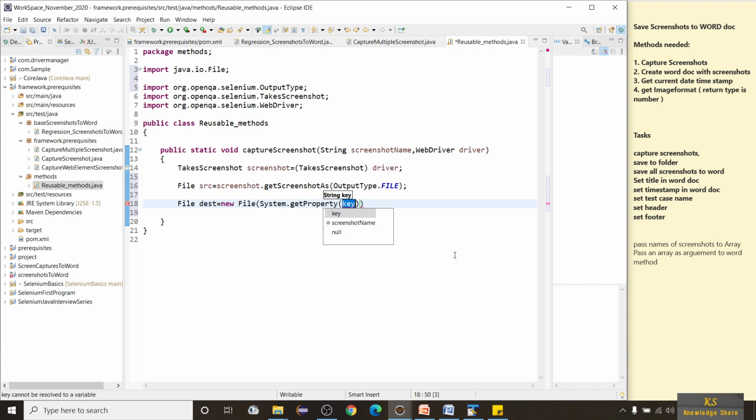So for that reason, I'm just giving user.dir, which will read your current directory, whatever it is. Plus, I'll be giving a folder name like test results, for example. And then I'll be giving my screenshots.